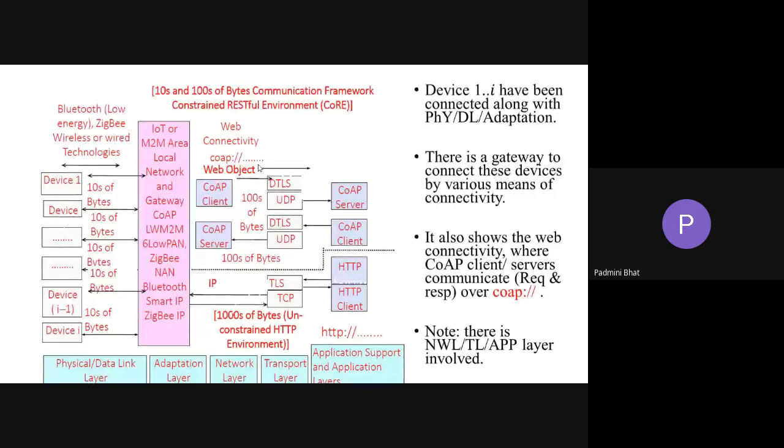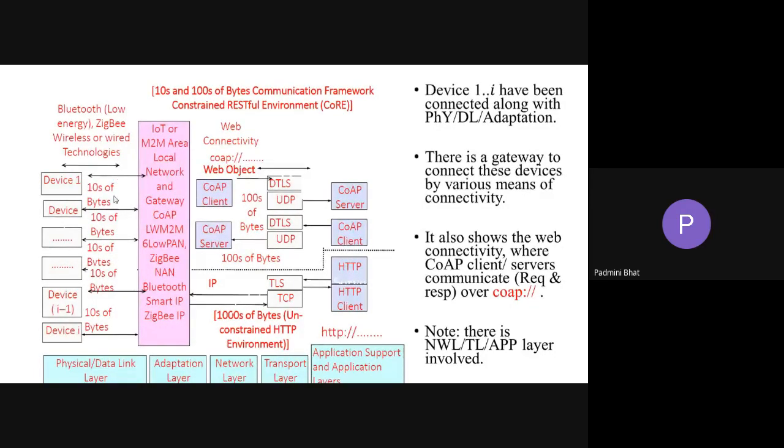Okay, now here, if it was a web connection, then you would have used HTTP. You can see here, HTTP. This everybody knows. Since it is Constrained Application Protocol, it is used in this way. The messages, data are sent or received using this connection. Here we have a CoAP client as well as a CoAP server.